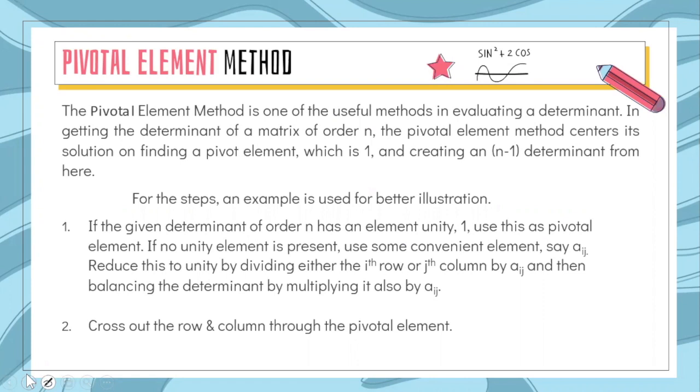So step 1 in using the pivotal element method is: if the given determinant of order n has an element unity, or 1, use this as your pivot or pivotal element. Then step 2, cross out the row and column through the pivotal element. Then step 3,